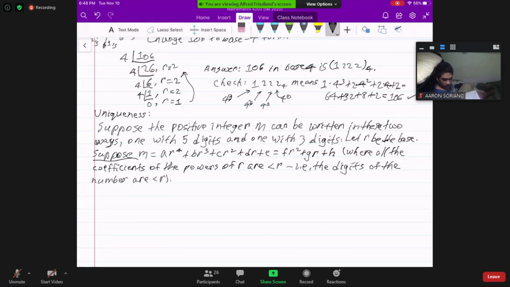Okay, so all right, so let's write this as AR to the fourth plus BR to the third plus CR to the second plus DR minus FR to the second minus GR. So